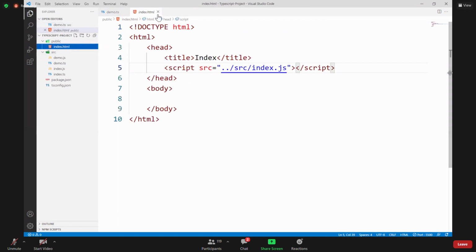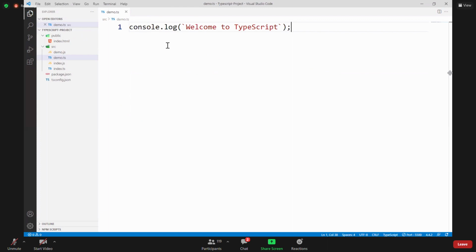But every day while learning the language, you can just create one TypeScript file, write your TypeScript code, compile it, and the JavaScript file will come. Directly run the JavaScript file from the command prompt or terminal by using the Node compiler, and you can test it. This approach we will follow every day to learn the language.